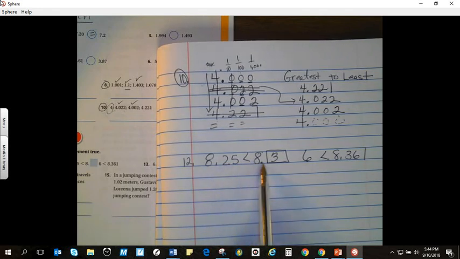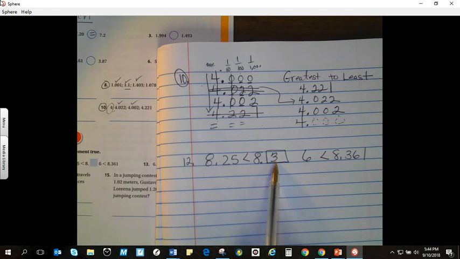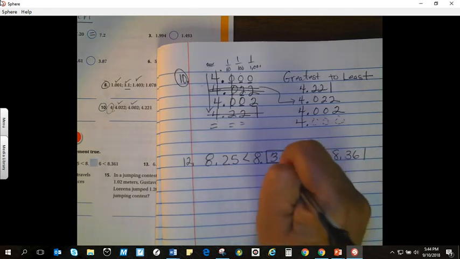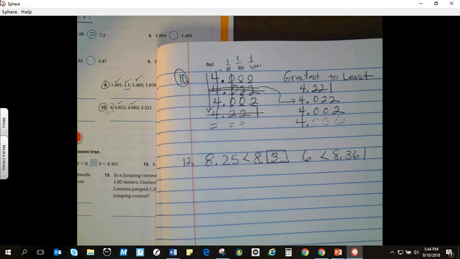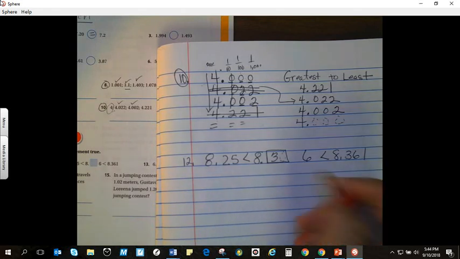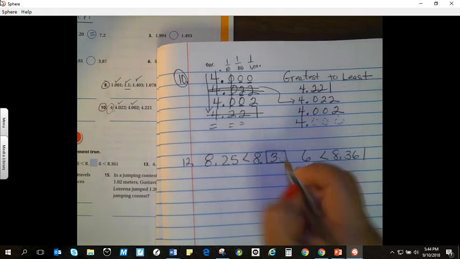So 8 and 3/10ths. If we had an imaginary number, that would be 30 hundredths. So that's greater. Now let's take a look at what we have here. If we were to take this number here and we added that one here, so now we would have